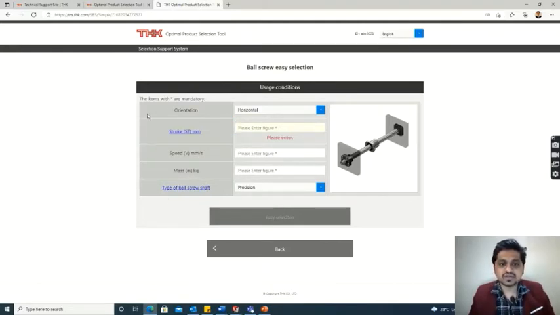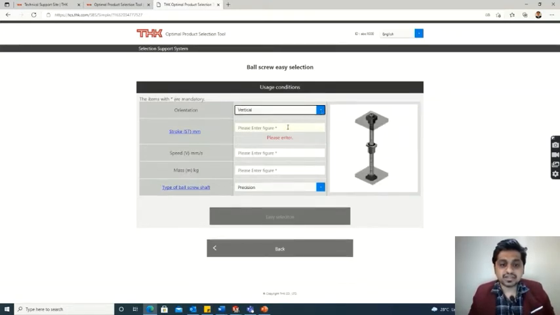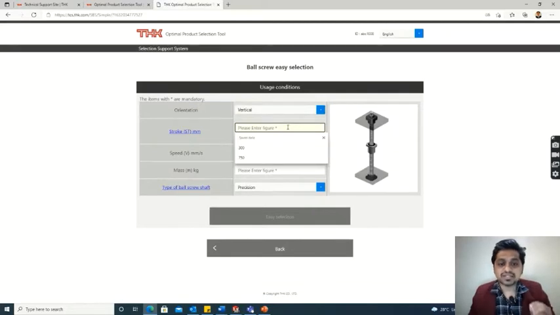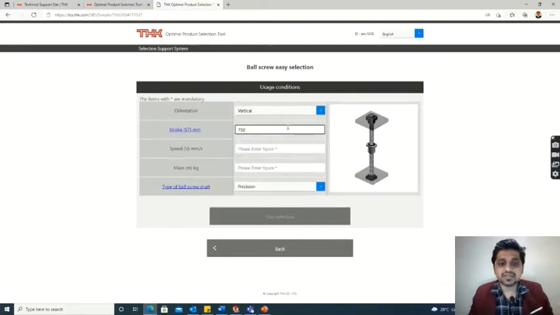The orientation of our system, as we have seen, is vertical, so we put the orientation as vertical. The other options marked with stars are mandatory. The stroke is also star marked, so that is mandatory, and it is 750 mm.